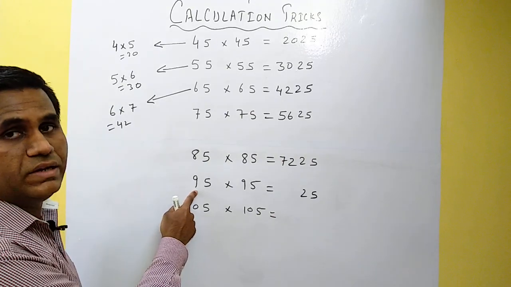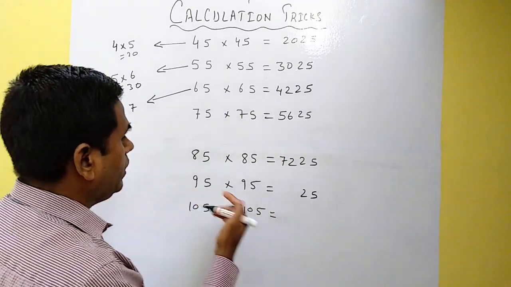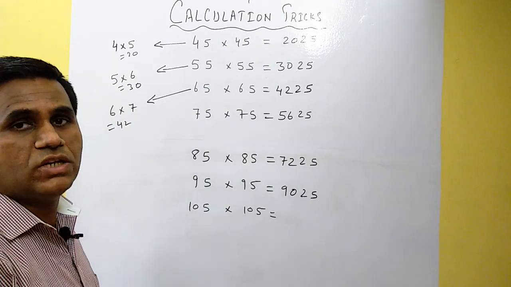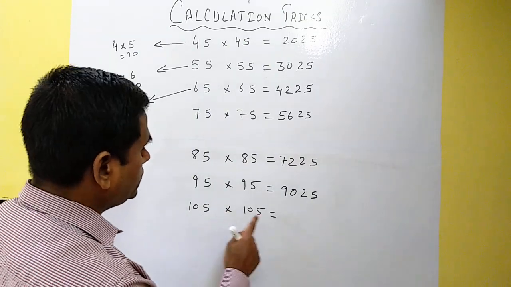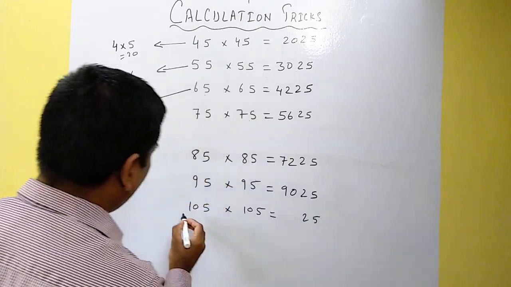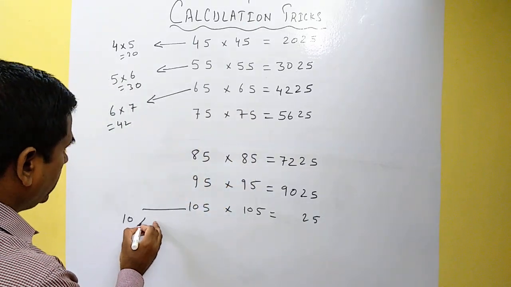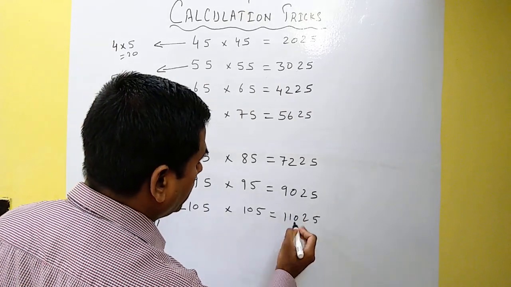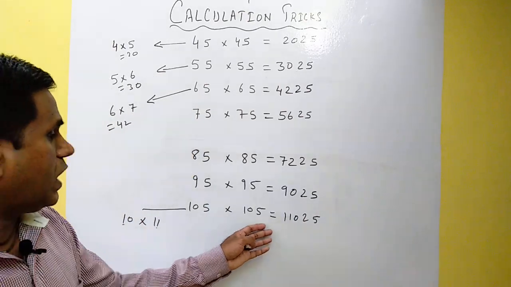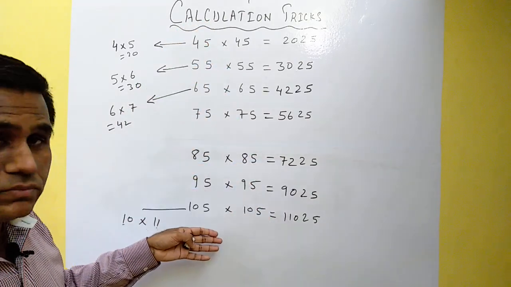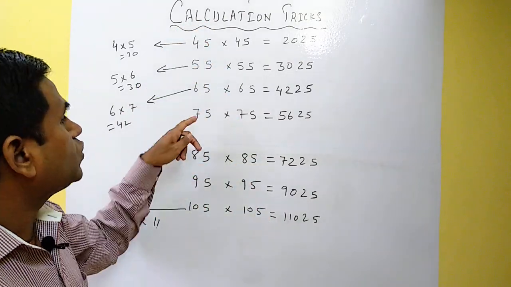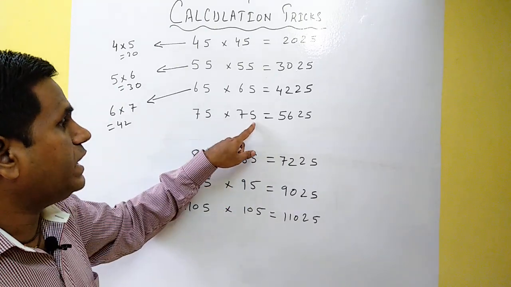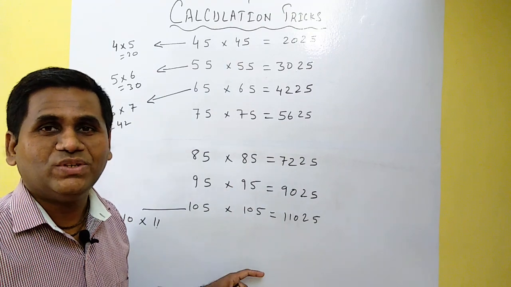Okay, now we have 25, 9, and the next digit to 9 is 10. So 9 10s are 90, and we have here a 3 digit number as well. So what we are going to do is 5 5s are 25, 10, next digit is 11, right? So 10 into 11 is 110. So this is how we can quickly complete the square of 2 digit numbers, even 3 digit numbers also, which are ending with 5. Okay, hope you have enjoyed this trick.